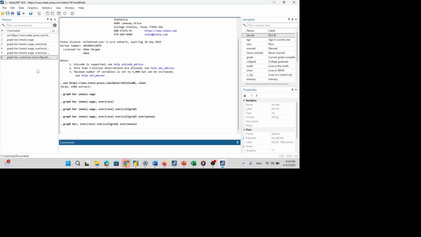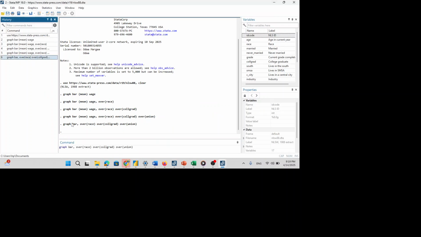But what I forgot is to add here, I used just graph bar over race, over college, over union. But you can mention the variable like I did before.